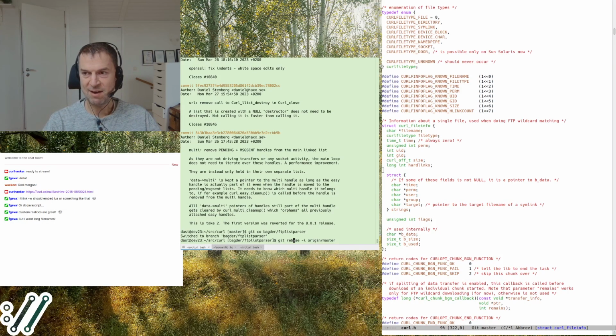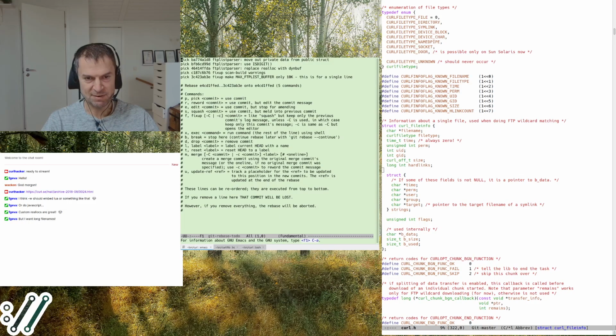Yeah, you can have long file names. This could then handle file names up to like 9.9K or so. I challenge you to find an FTP server that will deliver you names that long. Fortunately, we do have test cases for most of this, so I could actually make sure that this still works.